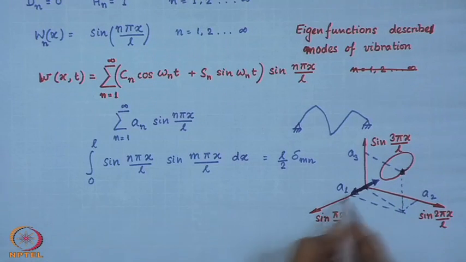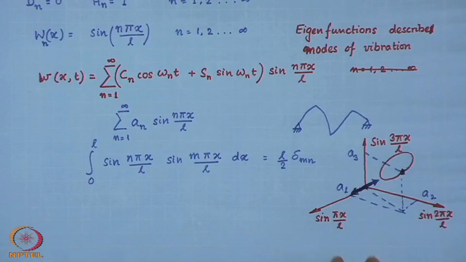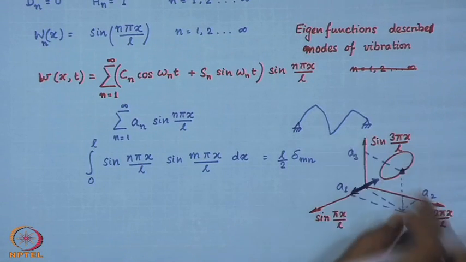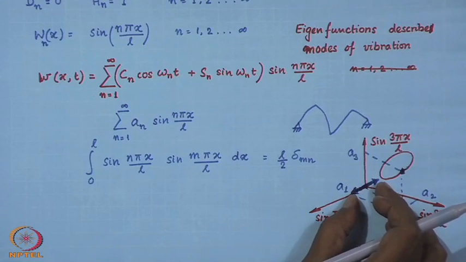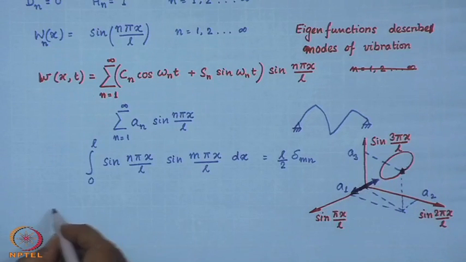So, this motion is nothing but only sin pi x over L, represented by sin pi x over L. All the other coefficients, A 2, A 3 etcetera, are all 0 except A 1. So, this is the first mode of vibration of the string, which looks like